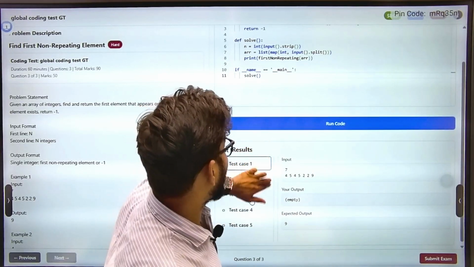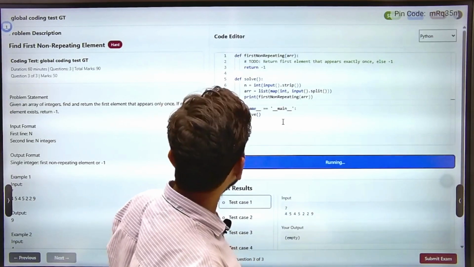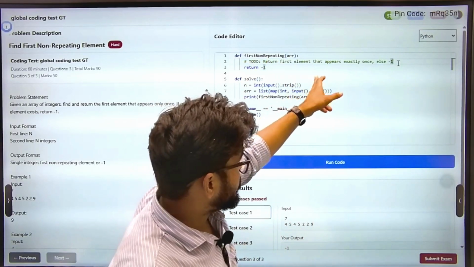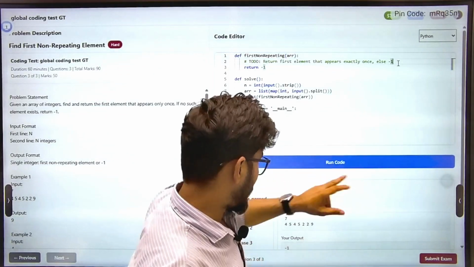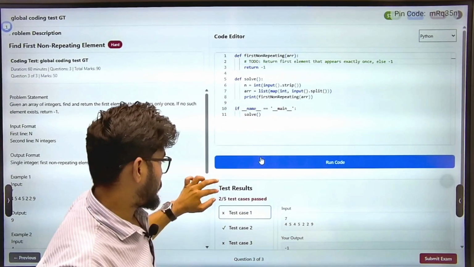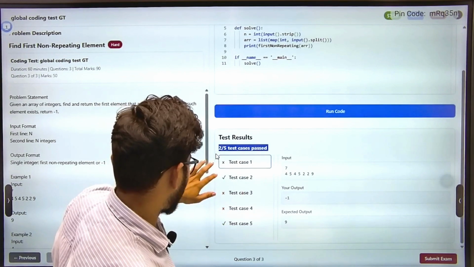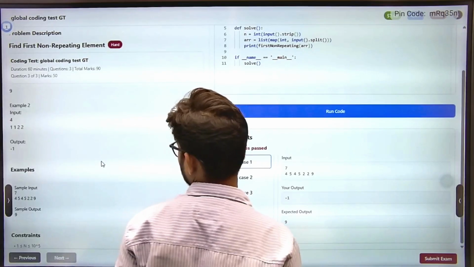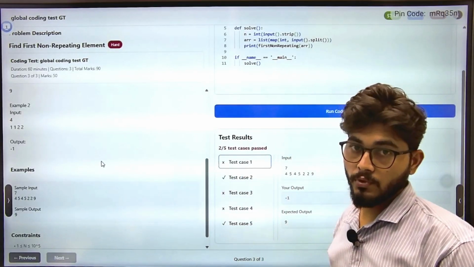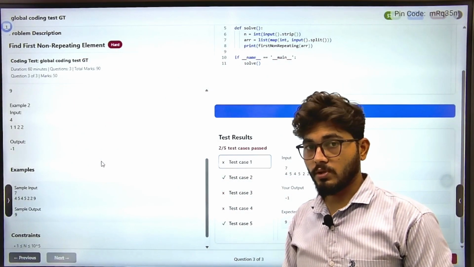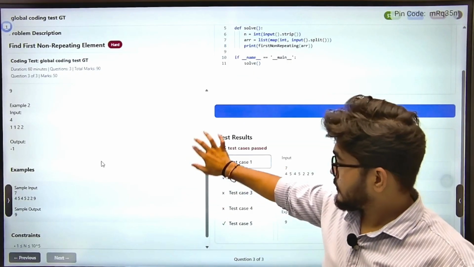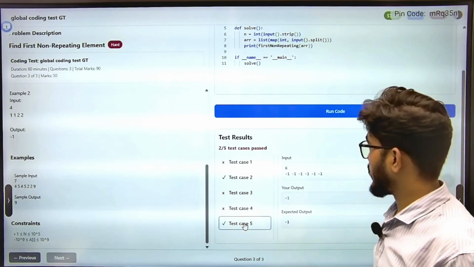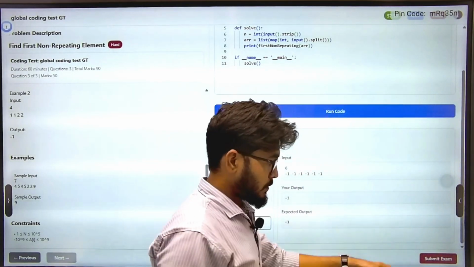Here we have to edit only this to-do function, the first function. Don't touch the main function because that will lower your chances of getting full marks, because you don't know how our system accepts the input and how we give the output. So don't try to edit that. Now I have attempted all of the questions. I can move to submit, but before that